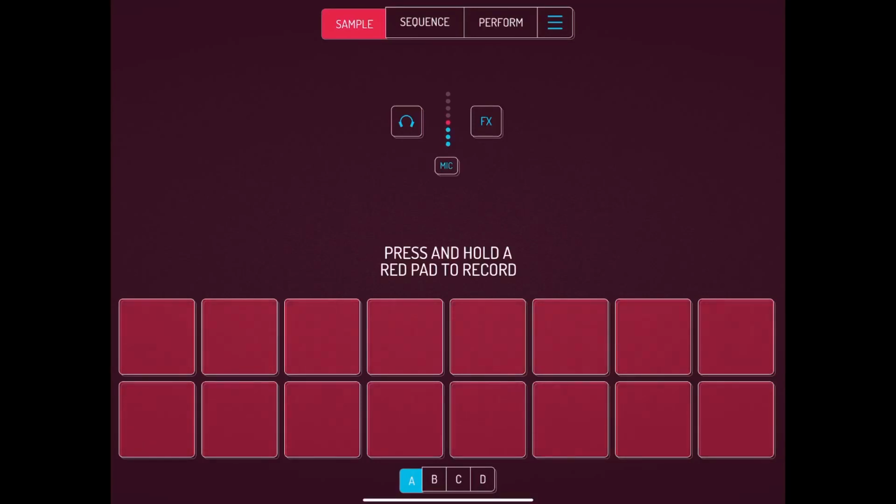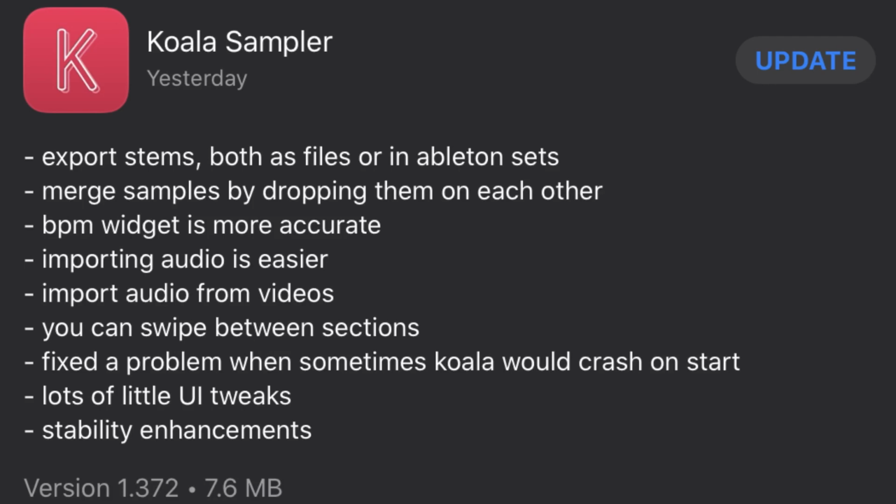This is Kevin Allen here, and I woke up this morning and saw that one of my favorite iOS apps, Koala, had a pretty significant software update just yesterday. And just looking through some of the notes here, some of the items that they have are that they export stems both as files or